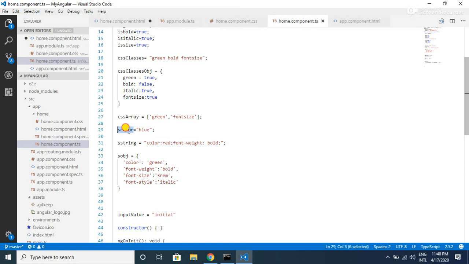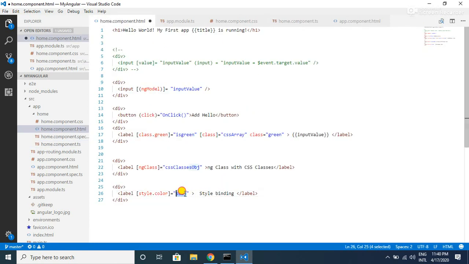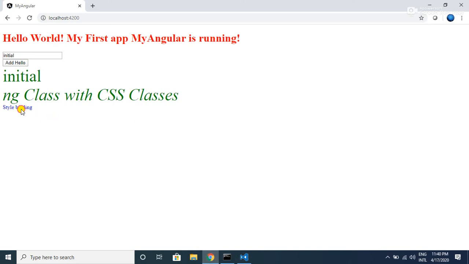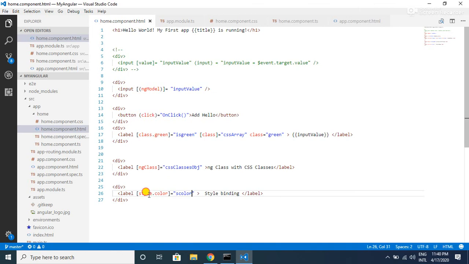So I have a variable scolor is equal to blue. I am going to use this, and I can simply have this variable binded, and if I save this file, I have style binding in a blue color. So this can be done using the style binding, but not with the ng style directive.